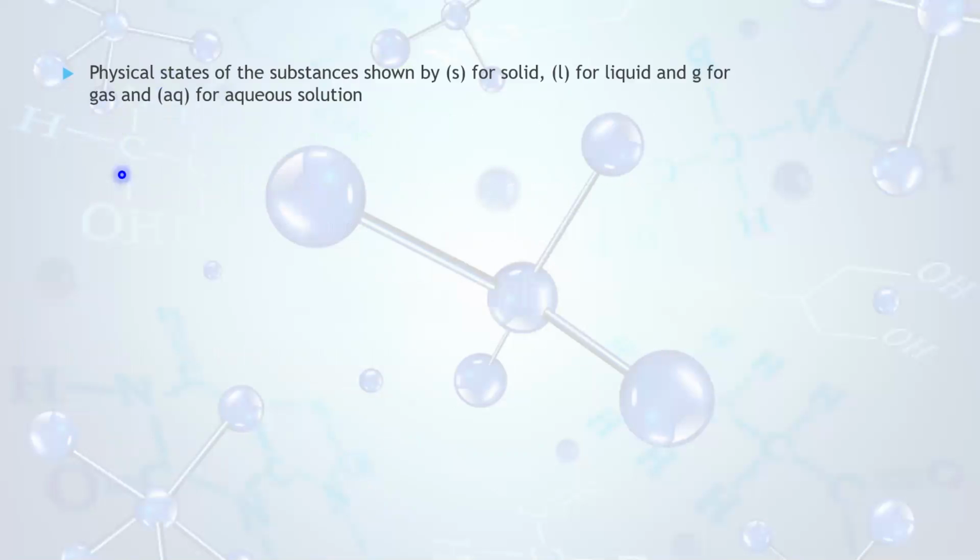Okay, for the physical state of the substances, we can use S for solid, L for liquid, G for gas, and AQ for the aqueous solution. See the example, zinc in bracket S is there. This shows that zinc is in the solid state. And hydrogen chloride, AQ mentioned here, it means the aqueous solution of HCl we are taking for the reaction. Then comes zinc chloride. Again, AQ, it stands for the aqueous solution. And the formed hydrogen, it is a gas. So we can mention it as G here.